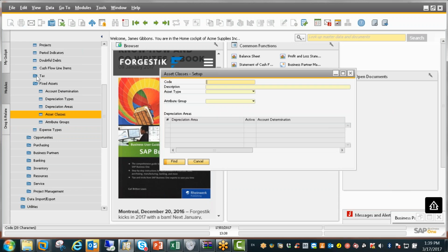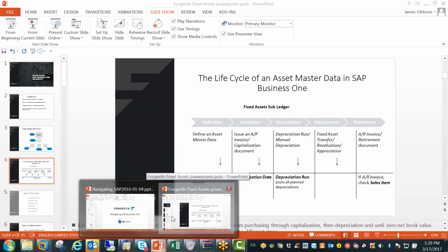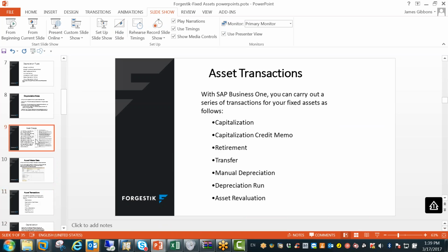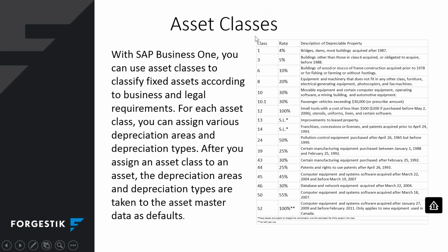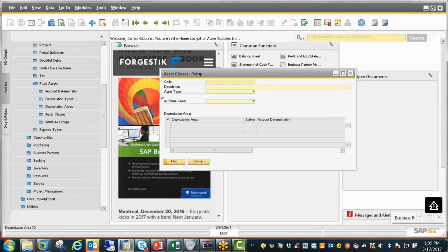Now, the depreciation asset classes, as I had mentioned, I like to use the asset classes that are provided by the CRA. So if I go down here, you can see that I will look at the different asset classes and set these ones up within SAP, and that way you will have the same depreciation calculation as you would have for tax purposes, thus no deferred tax. So asset classes set up,